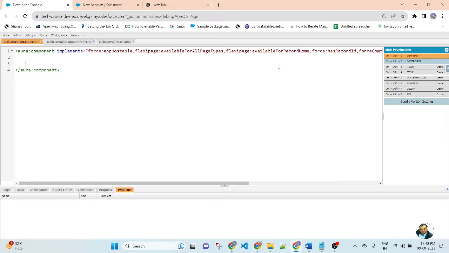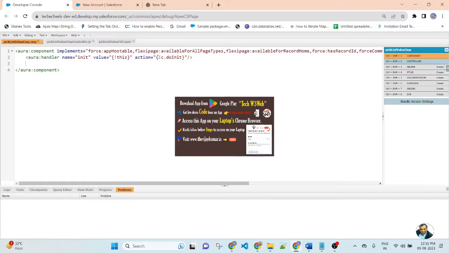Lightning Aura component. Here I will use the init function, aura:handler. Name equal to init, value equal to this, action equal to c.doInit. In the Aura handler, there are 3 properties applied: name, value, and action.